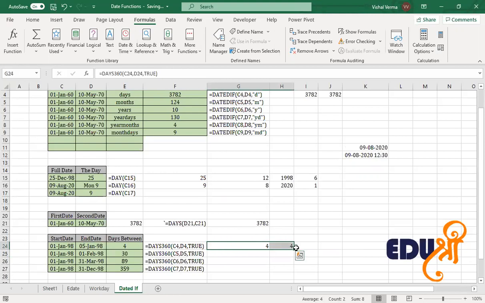Let's pull it down and check with the other dates. The difference is coming here. We have got 89 days in one case, but 90 days in the other, because there is a difference between the two functions, the European system and the USA system. If we work on a per month basis, there is usually not much impact, but when we are working on a quarterly, half-yearly or annual basis, there is an impact.